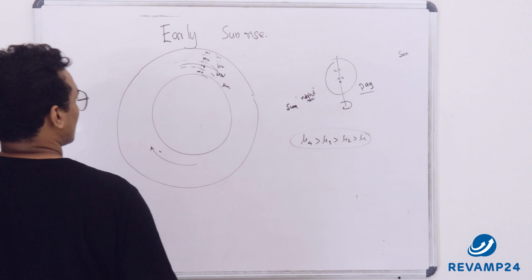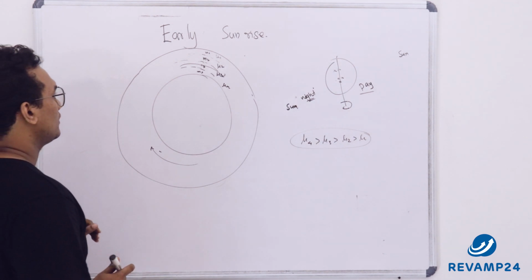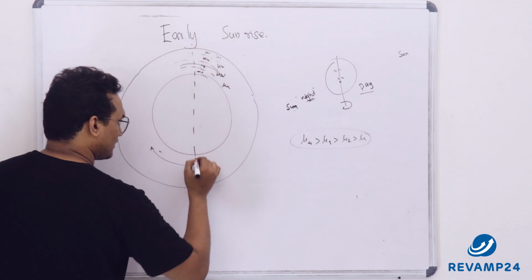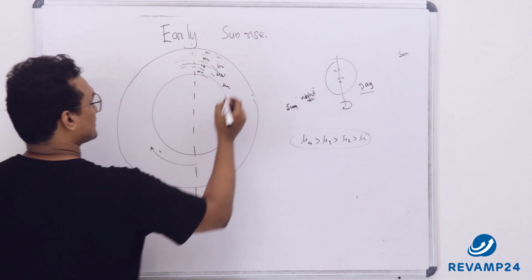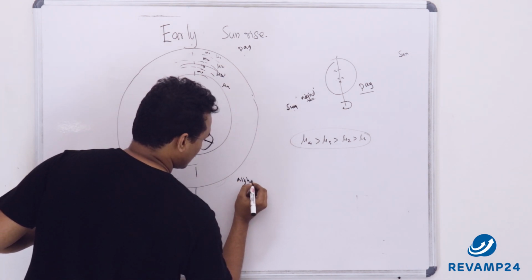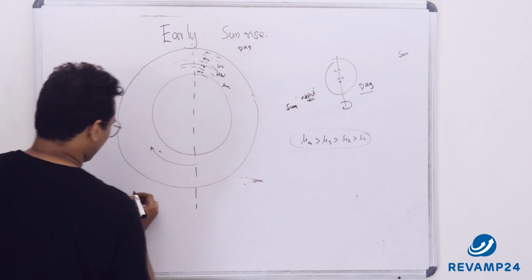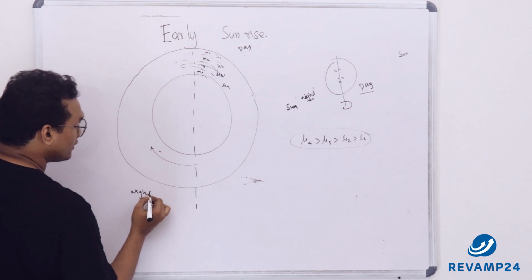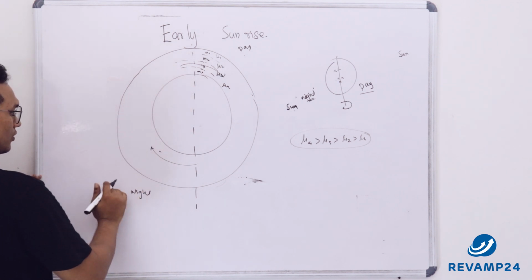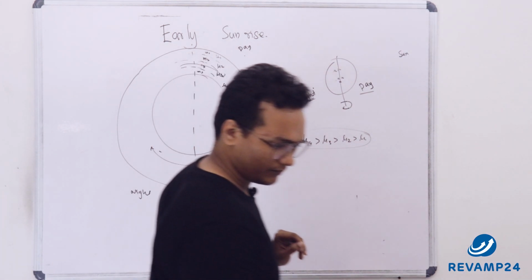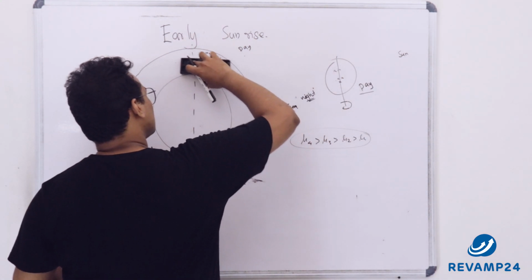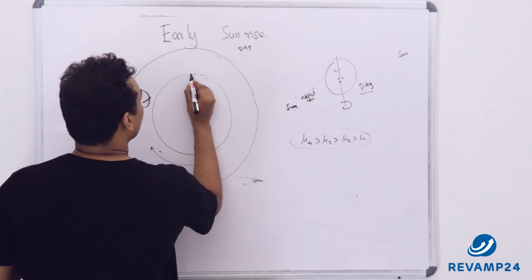Now we know that this point is the sun. If I cut in this way, this part is having daytime and this part is having night time. Sorry, this is night. Why? This hemisphere is exposed to the sun, and this hemisphere is not exposed to the sun. Okay, so I am going to erase these layers.